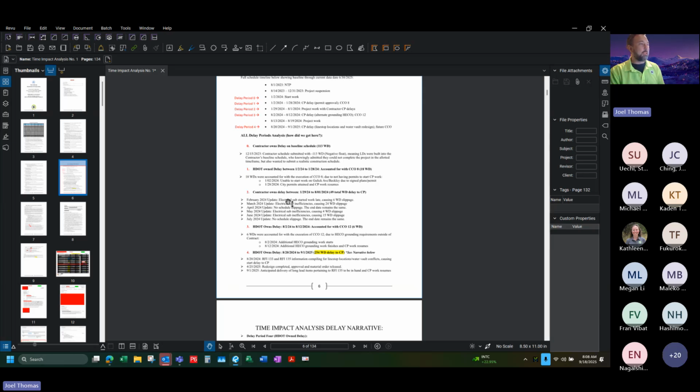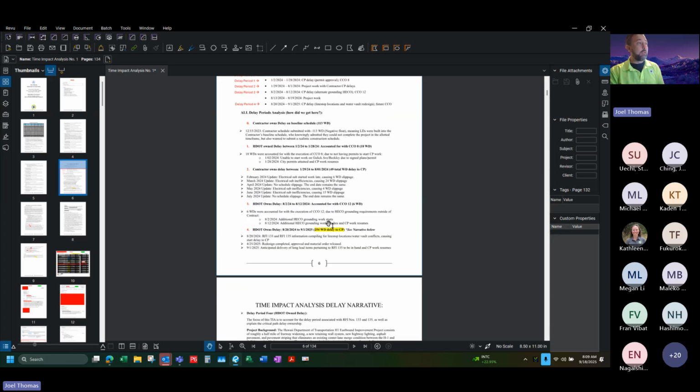And then between February 24 and July 2024, we ended up losing a total of 49 working days. And I was just adding a note that those were because of the contractor. There were a bunch of inefficiencies, areas where they realized, hey, this activity is going to end up taking us longer than it should. So they would add in additional time to some of their other activities, ultimately pushing the critical path out. And then